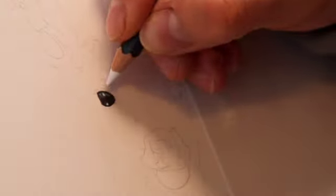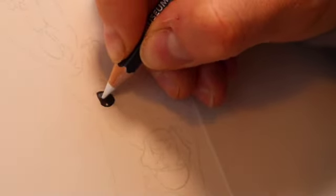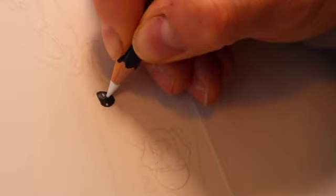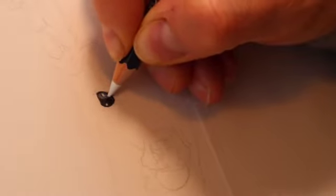But I'm just going to, it's quite a soft blurred line sort of across the middle of the eye, separating that darker and lighter area. So I've just got it, it's quite a soft pencil, so it's hard to get super sharp. I'm just going to go along that line, like so. And then I'm not going to fiddle too much with the eye because there isn't a huge lot to it. Then I'm just going to grab the black,